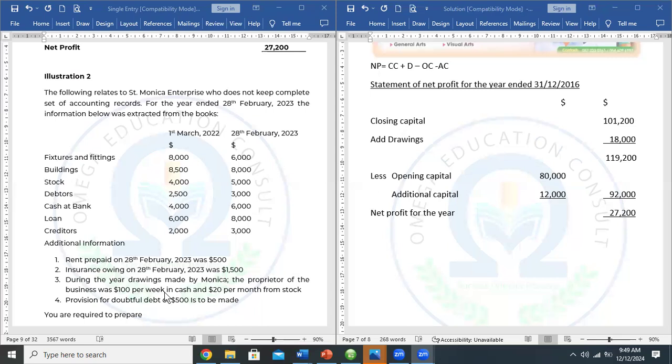For drawings, it's given here that she made the following drawings, just that... Okay, so I was making the point that the information given is one that can be used to prepare the statement of affairs to get our closing capital as well as the opening capital, right? I think the drawings